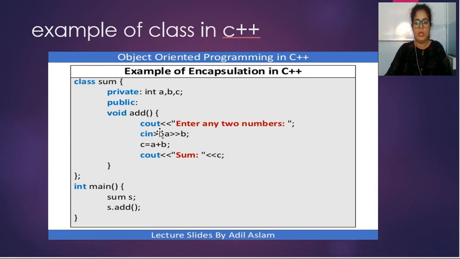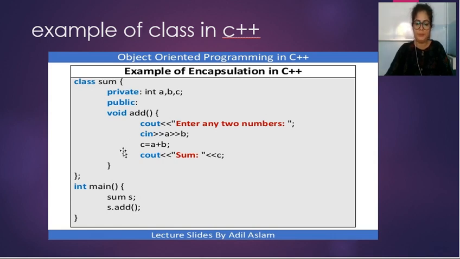This statement will print the message on the output screen, that is, enter two numbers. Now you have to enter the values of two numbers, and for this you use cin. cin is used to get the value from the user, so it is written cin A B. It means you are giving the values of A and B.